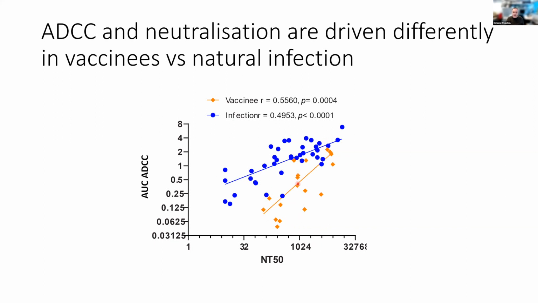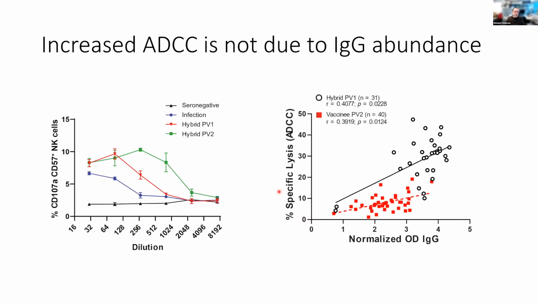cohort. And that really goes back to the original point that these donors here have antibodies targeting a wide range of antigens that are superior in inducing ADCC compared to these. But nevertheless, the real question was why are the hybrid cohort displaying better ADCC than the vaccine-only cohort? We did wonder if it was purely about IgG abundance. If you have hybrid immunity, you have higher levels of IgG. Two things argue against that.